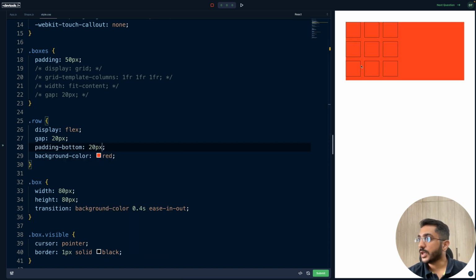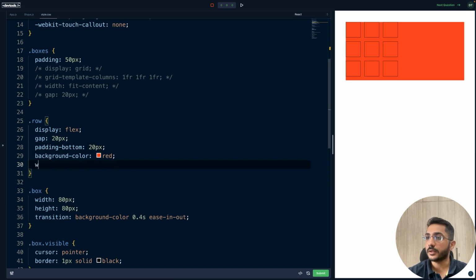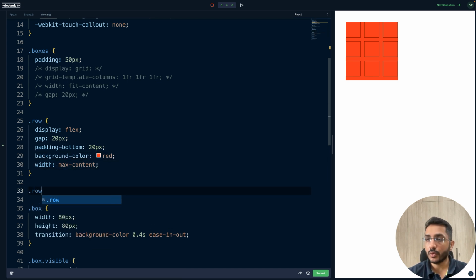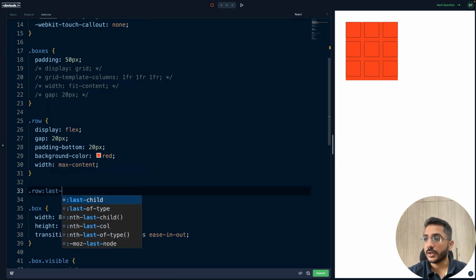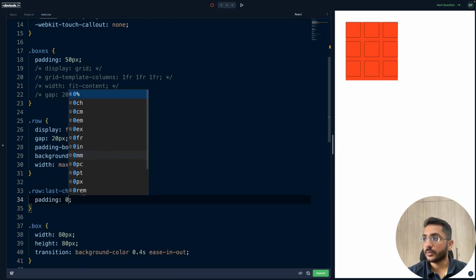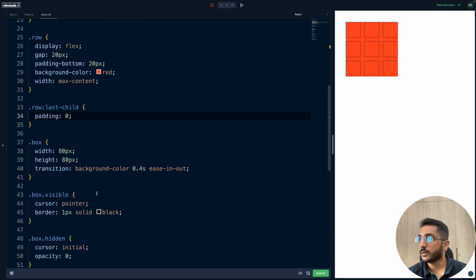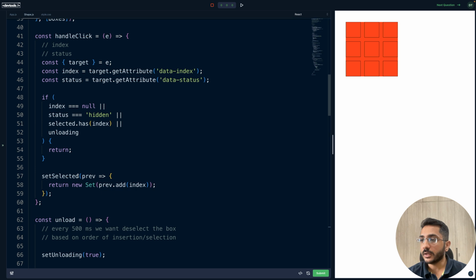Now this makes the UI, and in terms of width we can say auto maybe, or max content. This is fine, and we can say row last child padding 0, because we don't want this bottom padding. Now this works fine. We have the whole grid getting rendered,